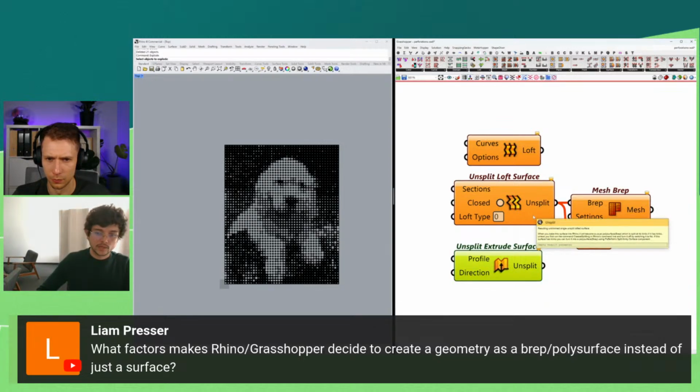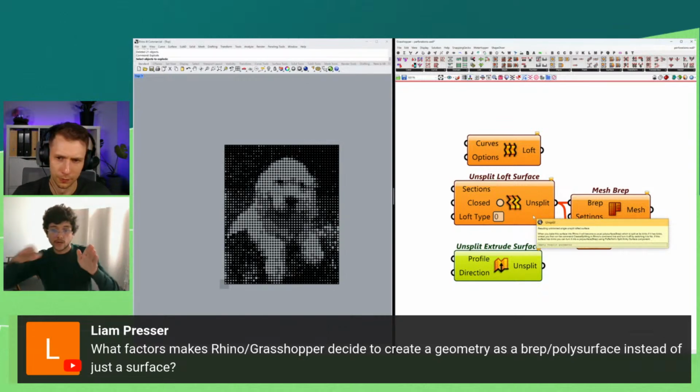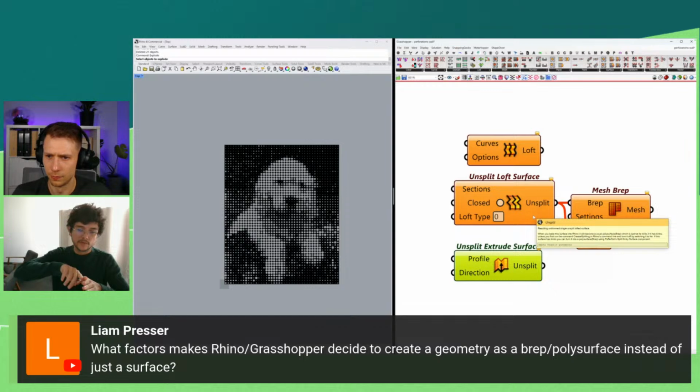The thing about having an unsplit surface is that wherever you have a change of direction, if you convert it to a mesh or need to manipulate it, you will not have an edge there, because it's completely continuous. As soon as you have an edge in between, that becomes a polysurface or a BRep.